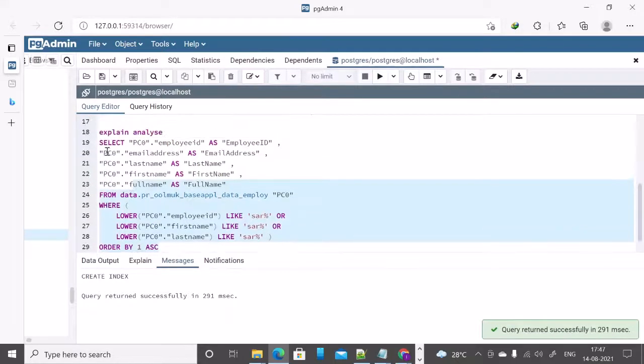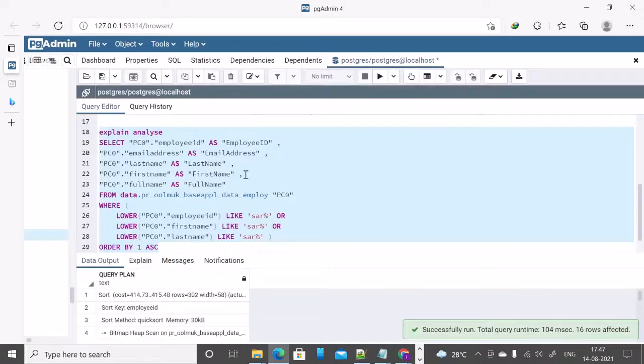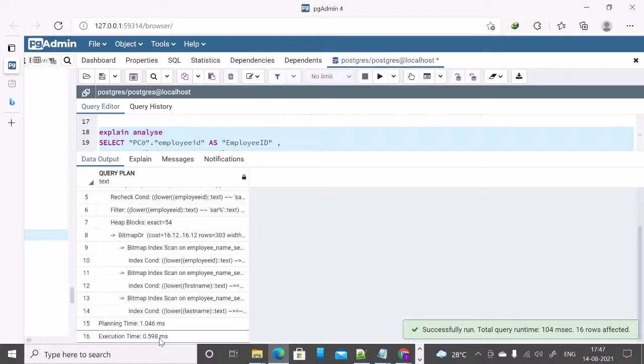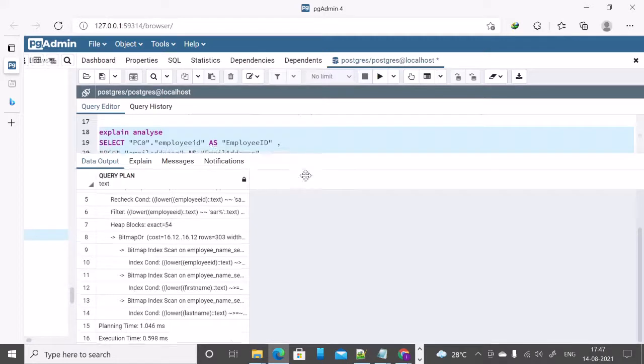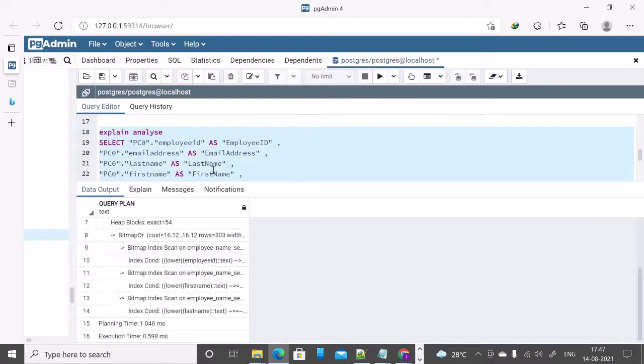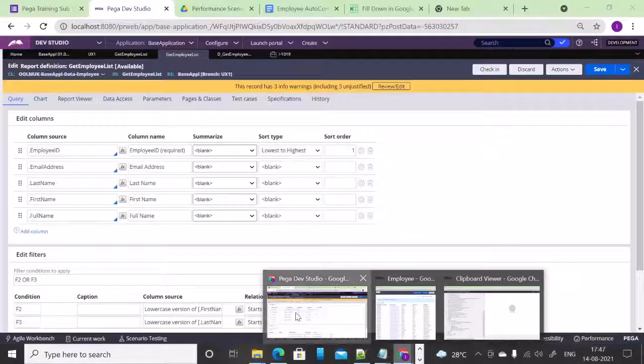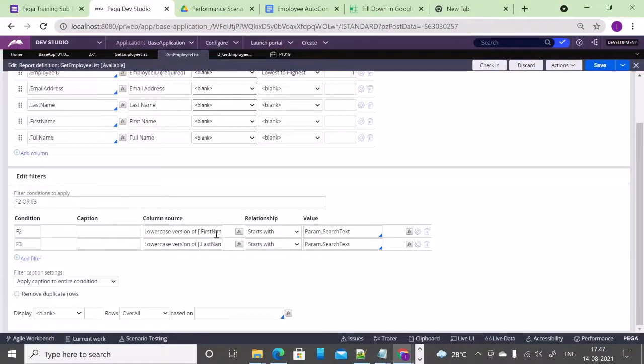Now if you do the explain plan, see the difference: 48 to 0.59 milliseconds. So having the DB table index, the queries are very fast, right? And we can utilize that performance only when your query is utilizing that index.